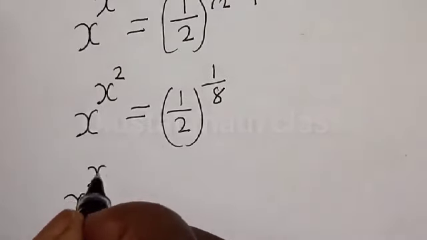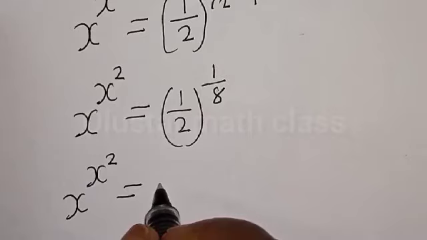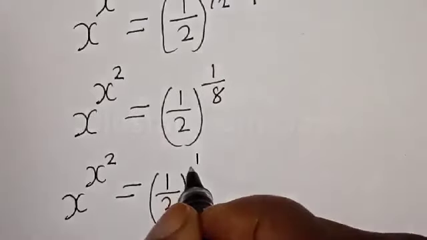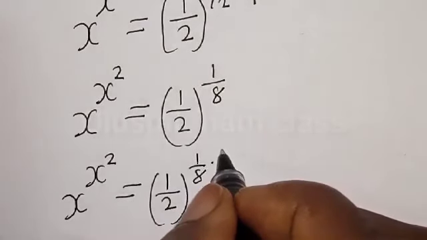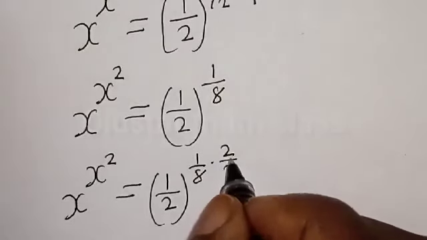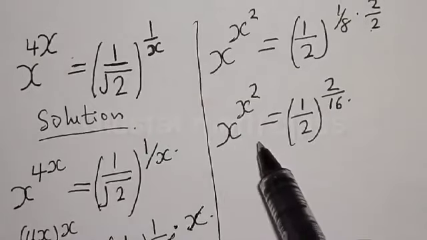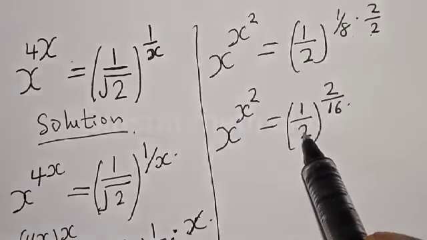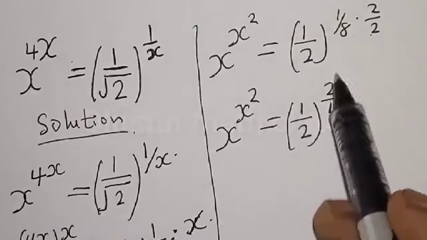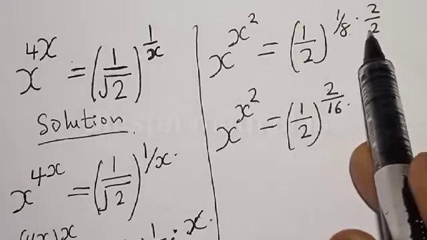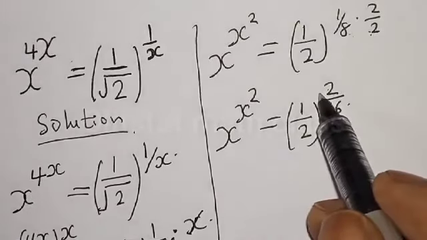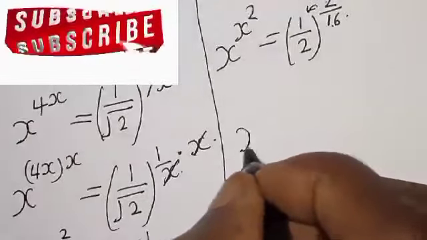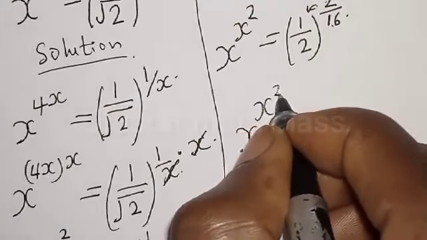Now, let's see. We have x raised to power x squared will be equal to 1 divided by 2 raised to power of 1 divided by 8 multiplied by 2 divided by 2, because 2 divided by 2 is 1. Then from here we have x raised to power x squared is equal to this 1 divided by 2, that is half, raised to power 1 times 2, that is 2, then 8 times 2, that is 16. Now we want to bring these 2 in, because we can also bring it in. Then we have x raised to power x squared will be